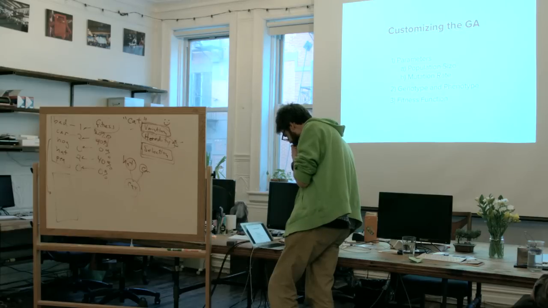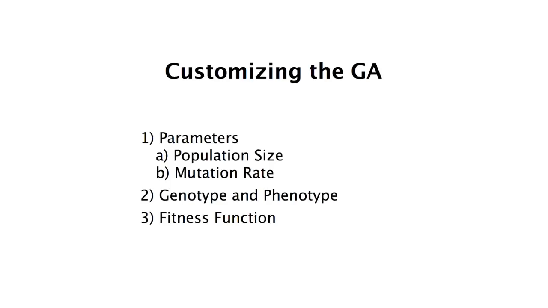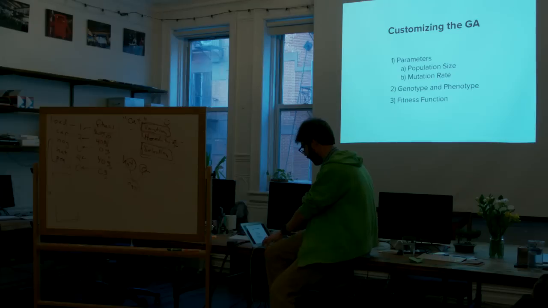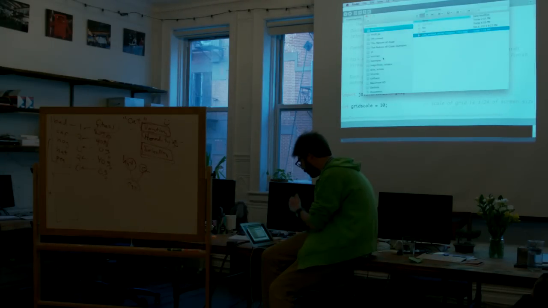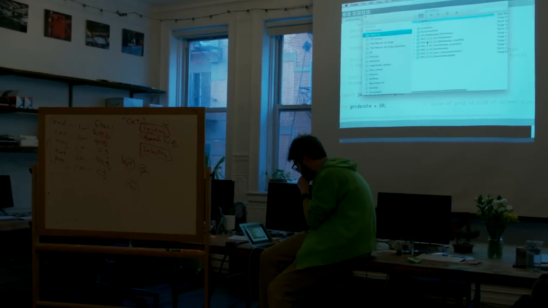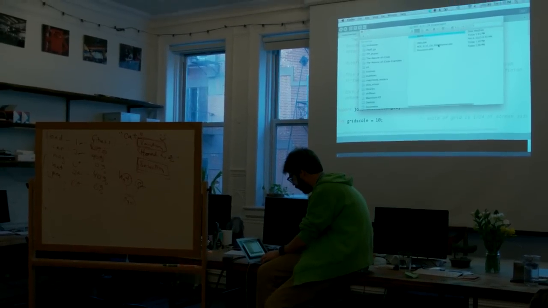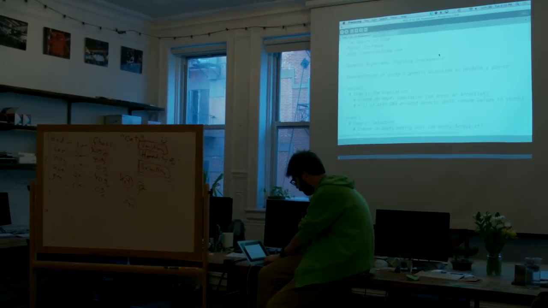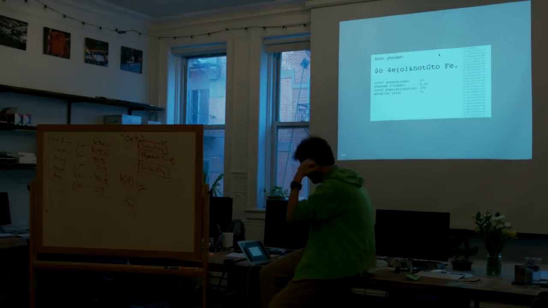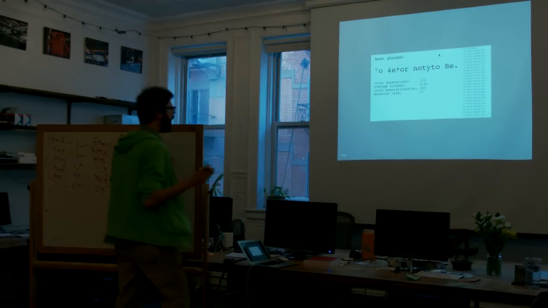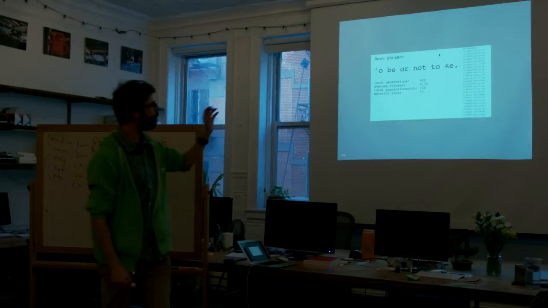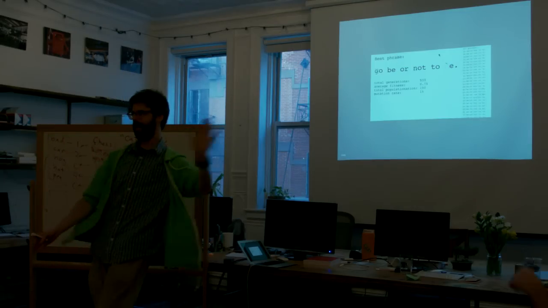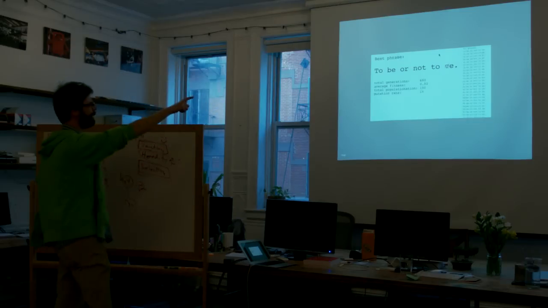Okay, let's see here. I'm going to come back to this, but let's just look at, I'm going to run this example now. If I go into my chapter 9 examples, there is one example called GA Shakespeare, and I'm just going to run it. And this is currently running basically this simulation that we talked about in Processing. So you can see on the right,